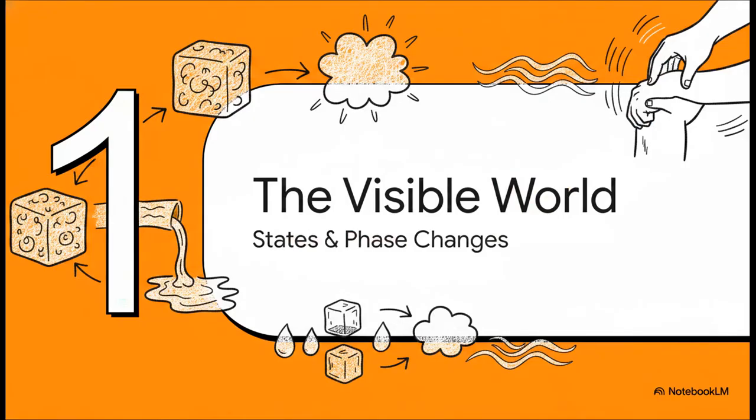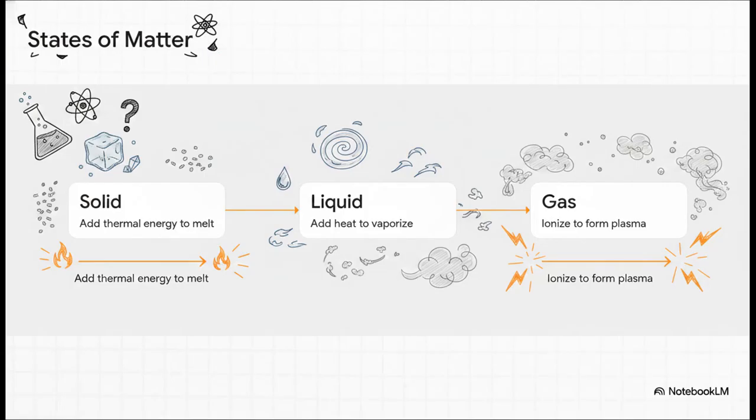Section 1. The visible world. States and phase changes. So we're all pretty familiar with the basic progression from solids to liquids and then to gases as thermal energy goes up. Ice to water to steam. But here's the thing, this isn't just basic high school science. This progression is the foundational biophysics that actually makes rehabilitation medicine work. The physical properties of these states, and specifically how they interact with human tissue, dictate exactly how a clinician approaches